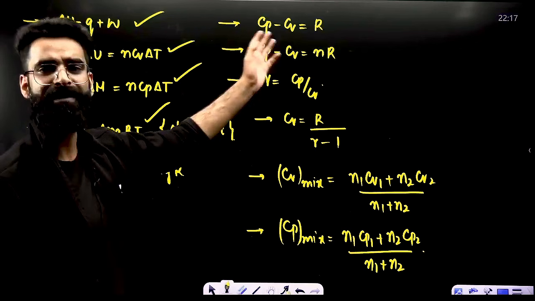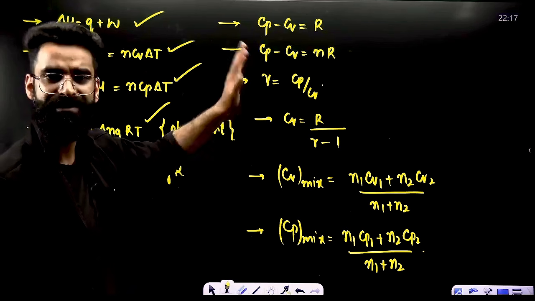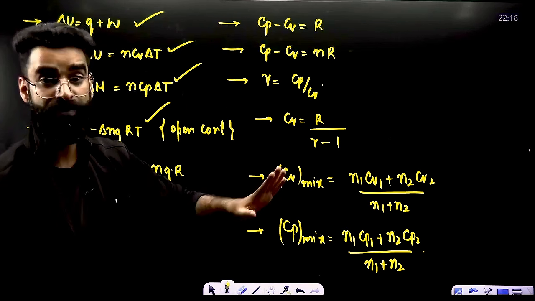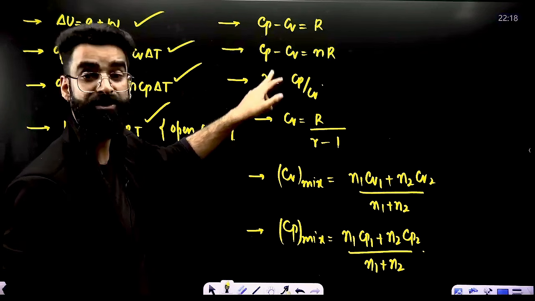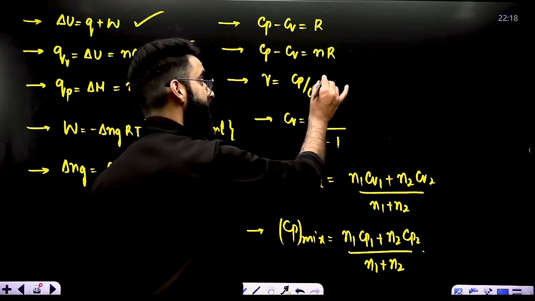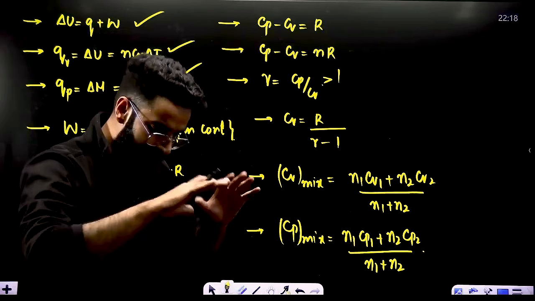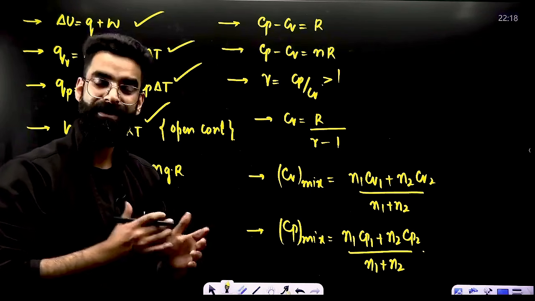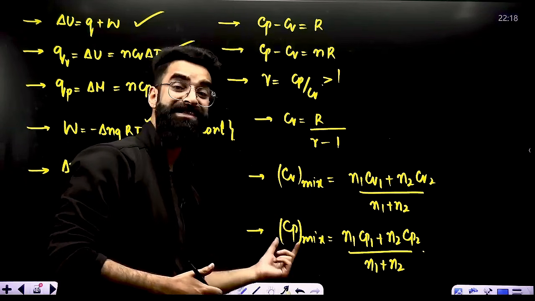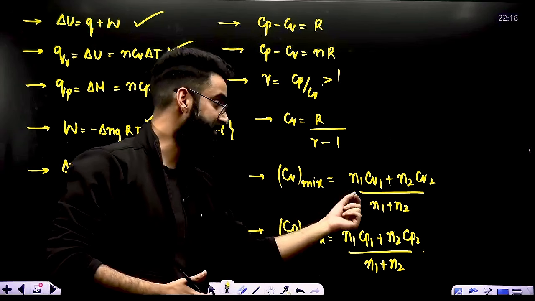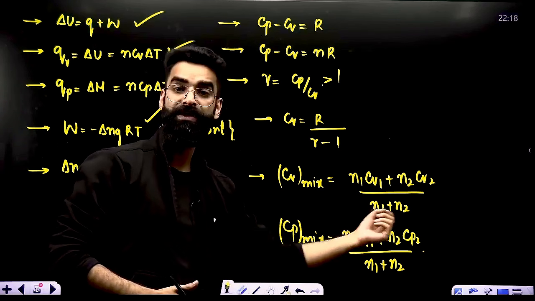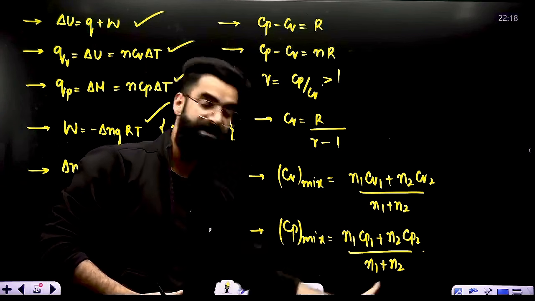Similarly, Cp minus Cv is equal to R for 1 mole of ideal gas. Cp minus Cv is equal to nR for n moles of ideal gas. Gamma, Poisson's ratio, is equal to Cp by Cv, which is always greater than 1. And Cv is equal to R divided by gamma minus 1. If you have got a mixture of chemically non-reacting gases, how do you calculate Cv as well as Cp for that mixture? This is the result: N1 Cv1 plus N2 Cv2 divided by N1 plus N2. Same goes for this one,